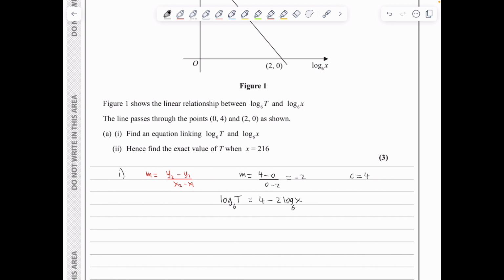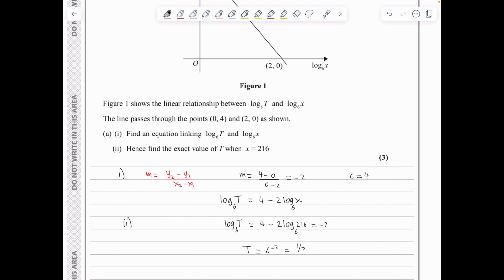Now in part ii, to find the value of capital T when x is 216, I will simply substitute x with the value of 216 to get log of t base 6 is 4 minus 2 log of 216 base 6. Well, if I plug this on the calculator, the right hand side gives me the value of negative 2, and therefore we can see that the capital T is equal to 6 to the negative 2, which is